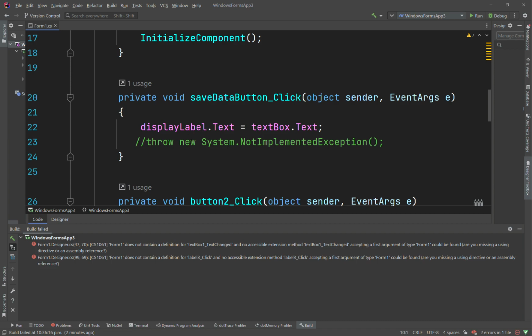So in that case, we're saying, okay, well, display label dot text points to TextBox dot text. And private void,